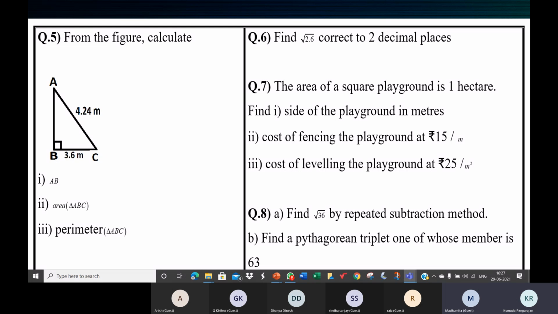Okay, complete it. Ma'am, I actually got m square minus 1, but I got confused as I saw 63 plus 1. Yeah, 63 plus 1, correct. So I thought it was m square plus 1, ma'am, but actually I got m square minus 1. Okay, fine. Please complete it. Is it a doubt or you're telling me that you also did it correctly? No, ma'am, it's not a doubt. I did it correctly. Okay.